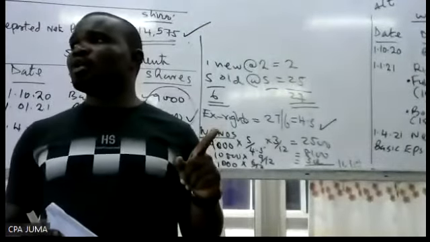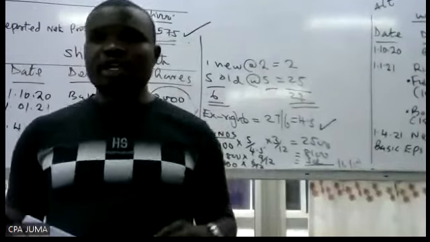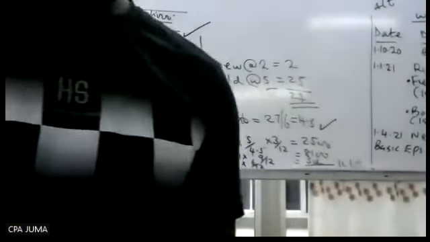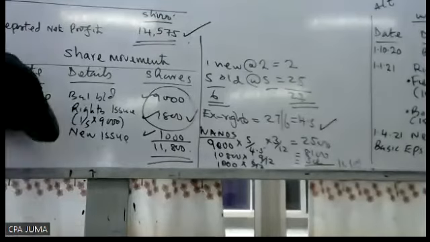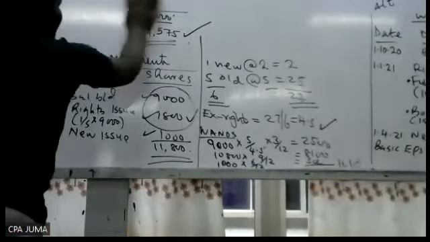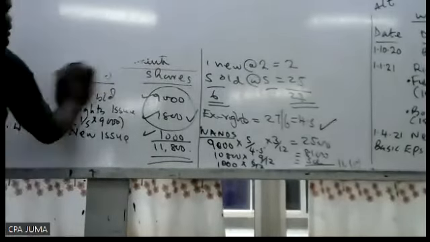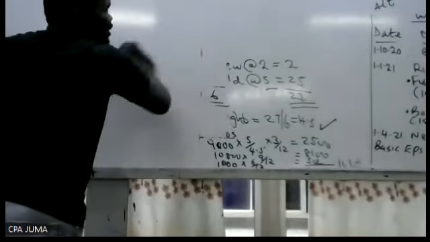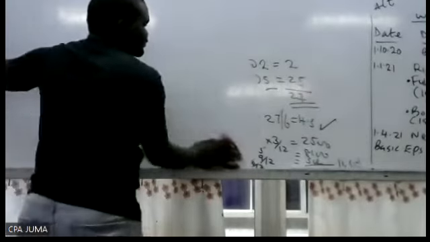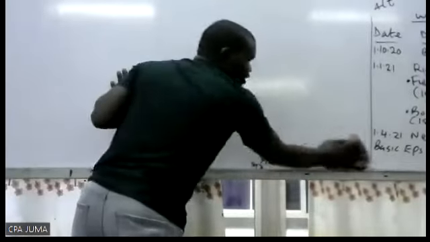No, I'll give you 1. So restated EPS right there. For summer date, you are restating for which year? 2020. So you look at this year. What happened this year which is triggering comparison? Rights issue, correct. So there is a rights issue this year. That is what is making us do a restatement.